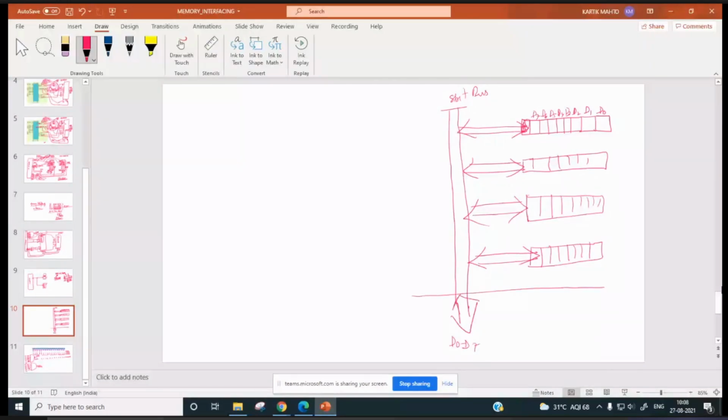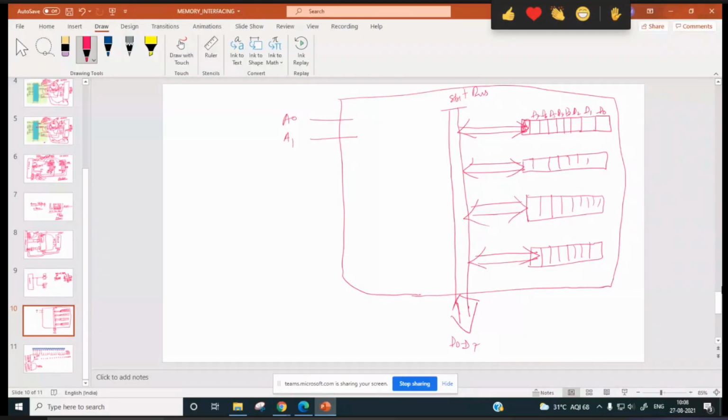Then you will have a decoder over here, with 2 input pins, A0 and A1, and decoder circuitry like this.